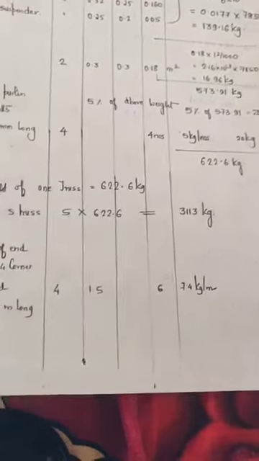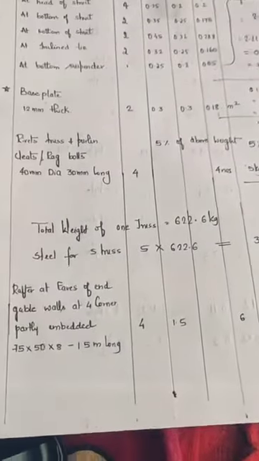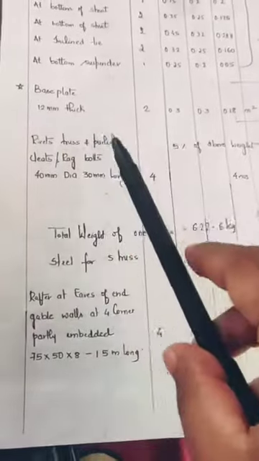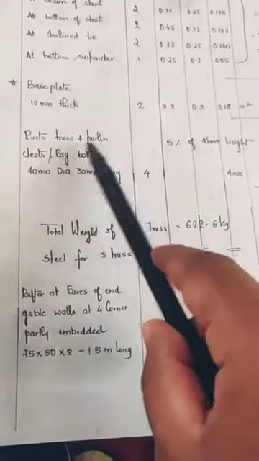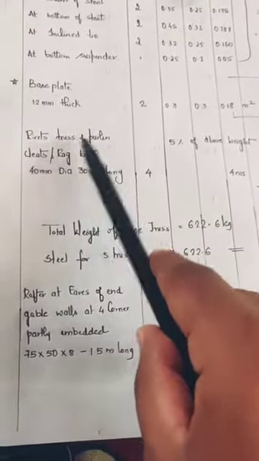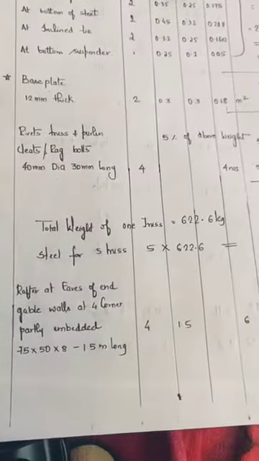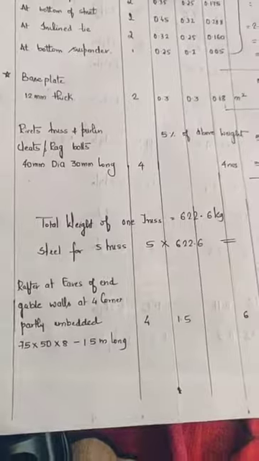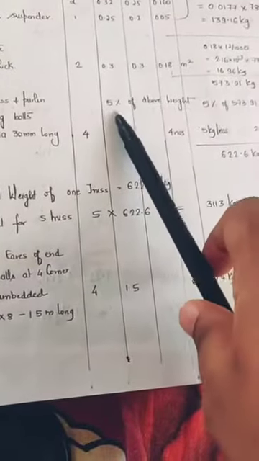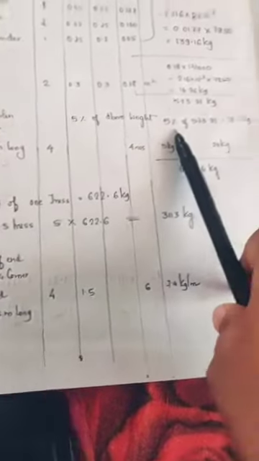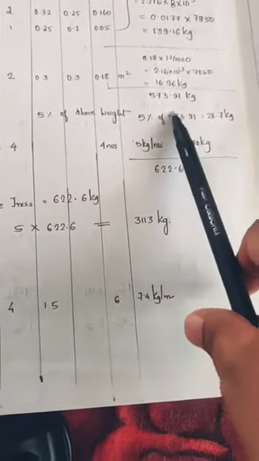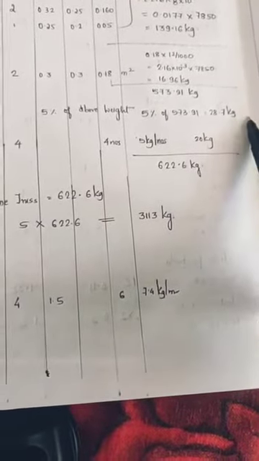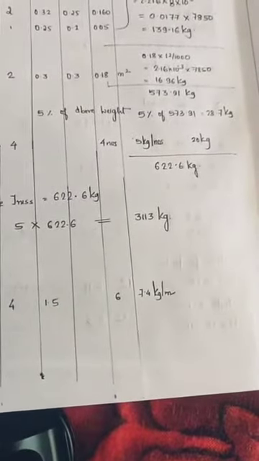So all those things are accommodated in this part, right? Once again I'll repeat: rivets, truss and purlin cleats. Not only purlin, it is purlin cleats, the cleat angles that are provided behind the purlins. Rag bolts. All these are taken as 5% of the weight. So that will be 5% of this above weight, 28.7 kgs, which is the weight of nuts and bolts.